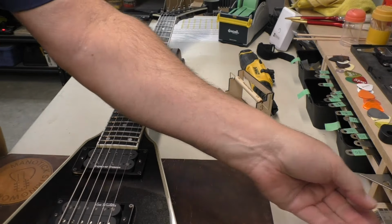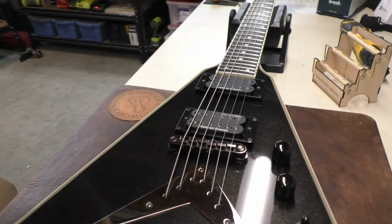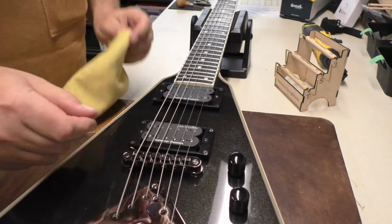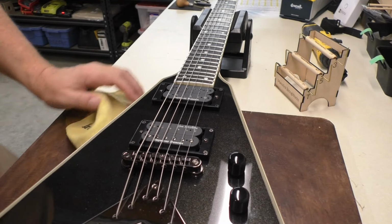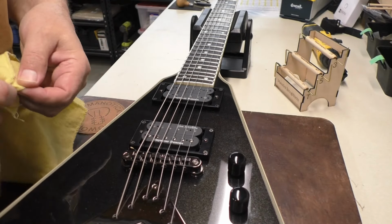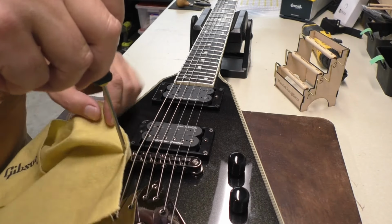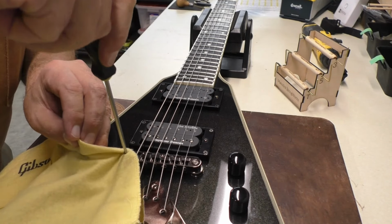And relatively simple to do, of course. On a tune-o-matic bridge, I'm going to come down here. I'll show you. So this one has a slotted screw on top because it's very hard to move these a lot of times. Now we're going down, so there's no tension, so it's okay to leave the string tension the way it is. But what I like to do is I'm going to put a cloth just over that screw head. So we want to get a screwdriver that's pretty well fitted, and then I'm going to bring this down. We want to go down,